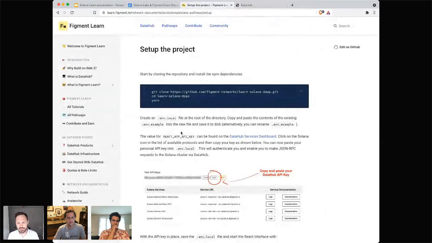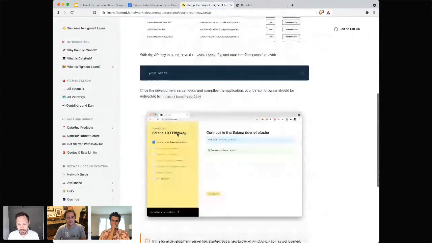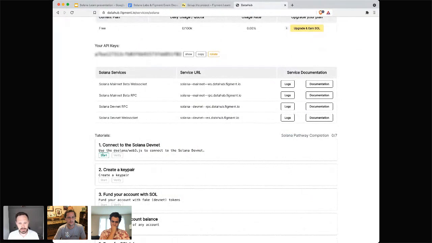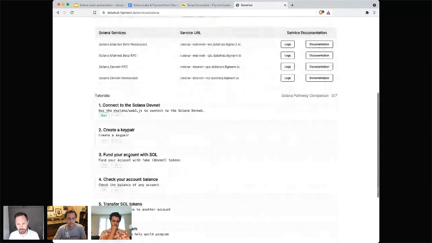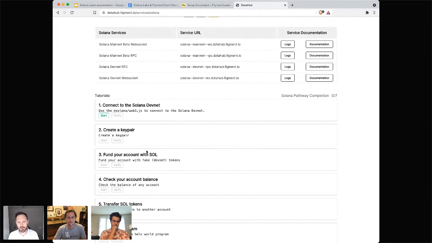So as you go through this tutorial and start looking at everything that's happening here, go back to DataHub and click Start and click Verify to make sure that you're actually doing things as you go. Connect to the DevNet, create a key pair, fund your account, all these things. It's sort of like test-driven development. You want to get the green check mark as you go, and we'll be verifying they're actually completing the code correctly along the way. So I'm going to pause here, and I'm going to hand it over to Guillaume